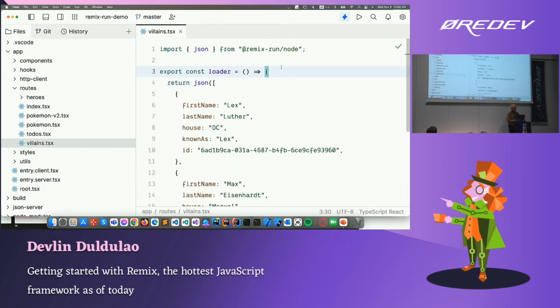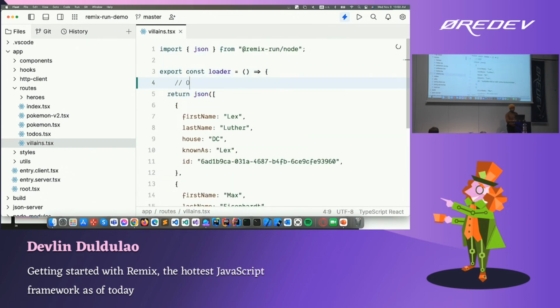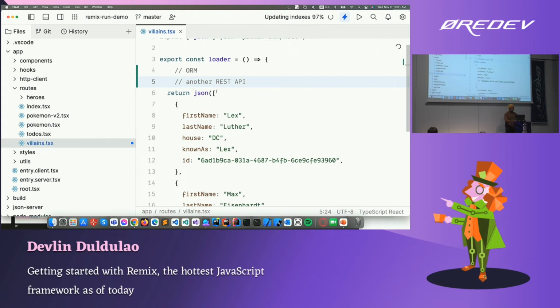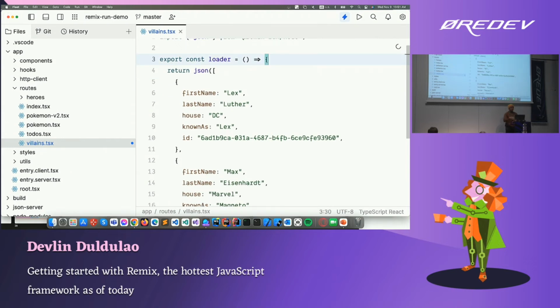So you can have this ORM here, right? Or another API if you want to make this with the BFF design pattern, or backend for frontend, or something like that, and then pass it here in your JSON. So that's very simple. Return JSON, right? Next would be